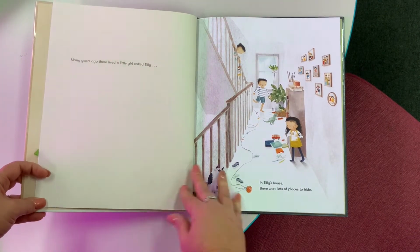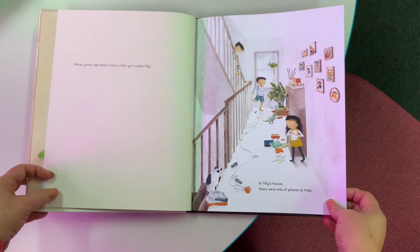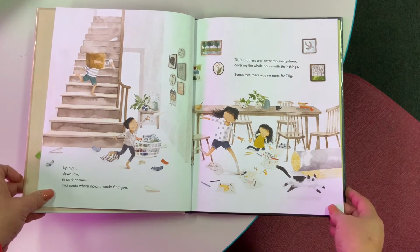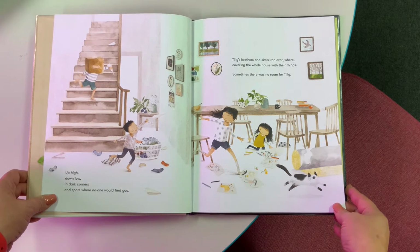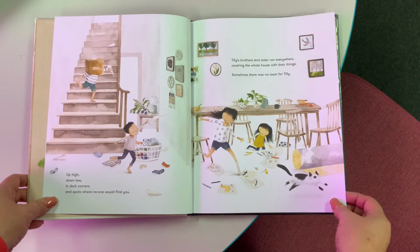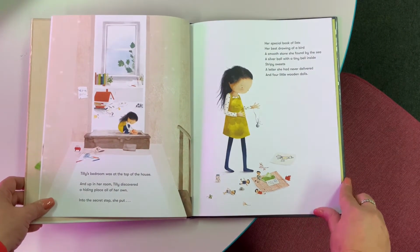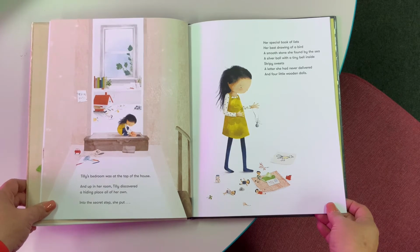Many years ago, there lived a little girl called Tilly. In Tilly's house, there were lots of places to hide. Up high, down low, in dark corners, and spots where no one would find you. Tilly's brothers and sisters ran everywhere, covering the whole house with their things. Sometimes there was no room for Tilly. Tilly's bedroom was at the top of the house, and up in her room, Tilly discovered a hiding place all